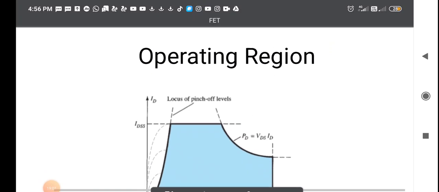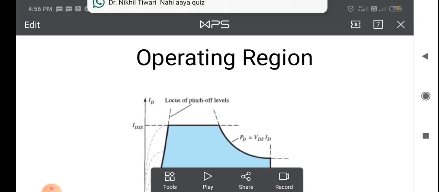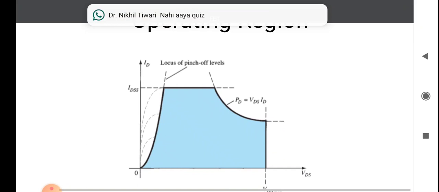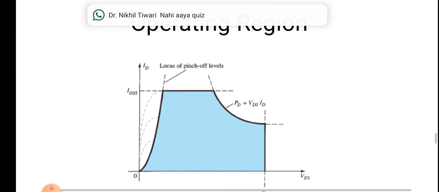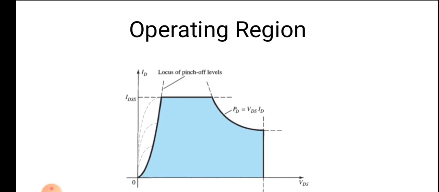Another point of discussion is the operating region. Operating region is another very important parameter for the electronic engineer when designing an amplifier or any other active operation of a FET. You can see this once again, this is a graph of VDS versus ID. Now the ohmic region is there, then the saturation region is there. You can see pinch off. We are more interested in the saturation region when designing an amplifier.